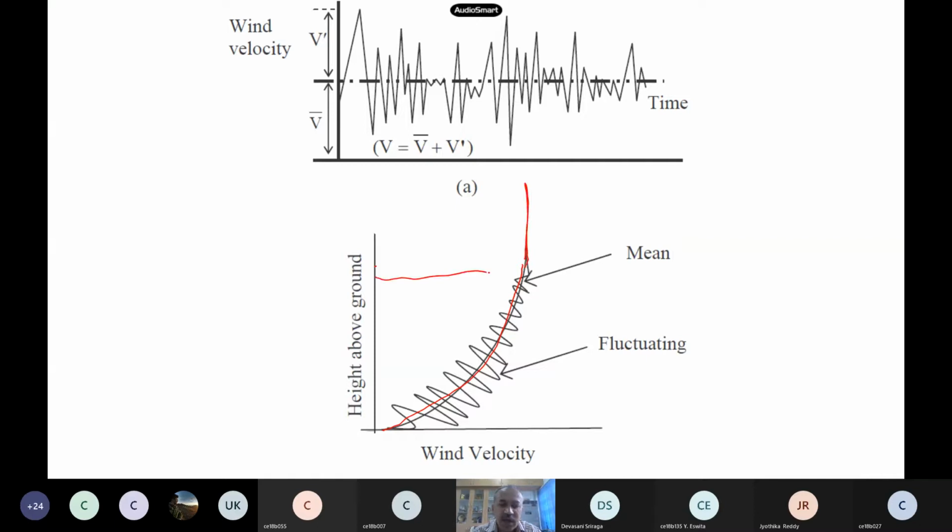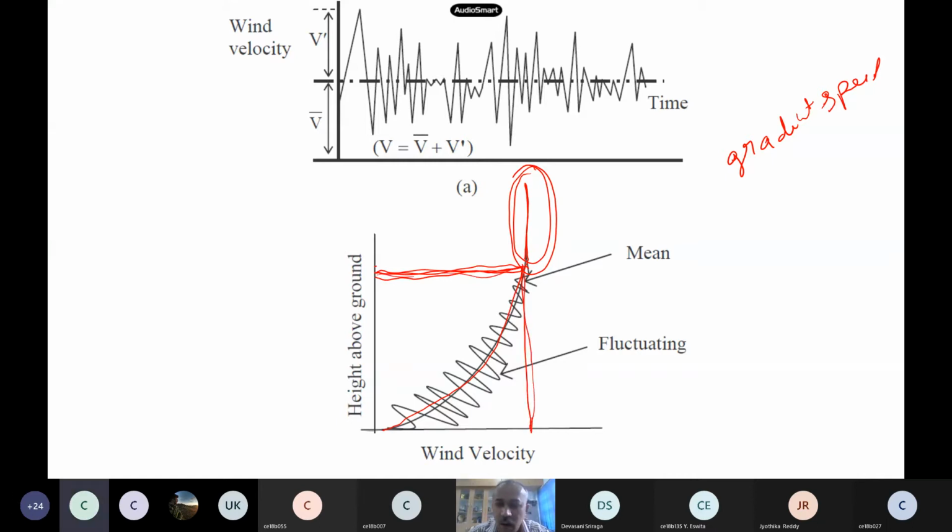So what do you call this depth or this height? We have discussed in the last class. And what do you call this velocity? You told height. Gradient height. Excellent. Gradient height. Then the speed at this gradient height we call gradient wind speed. And what do you call this layer? Atmospheric boundary layer. Excellent. So this layer tells you the effect of the boundary, or Earth surface, on wind, how much height you can feel this thing. That is what we call the atmospheric boundary layer. Okay, this is a very technical word which is used in wind design.